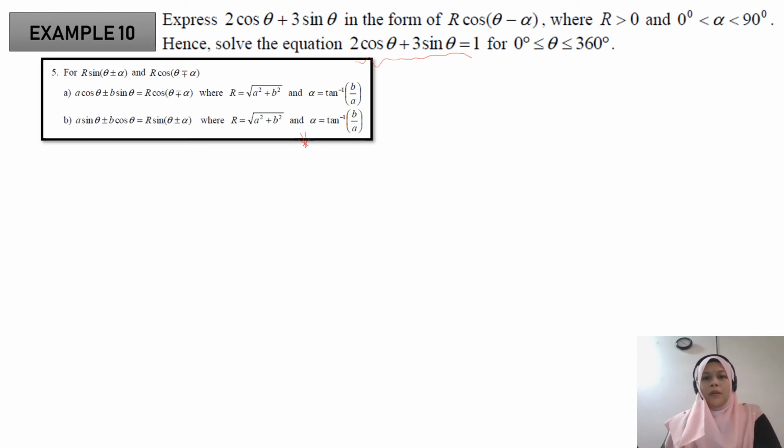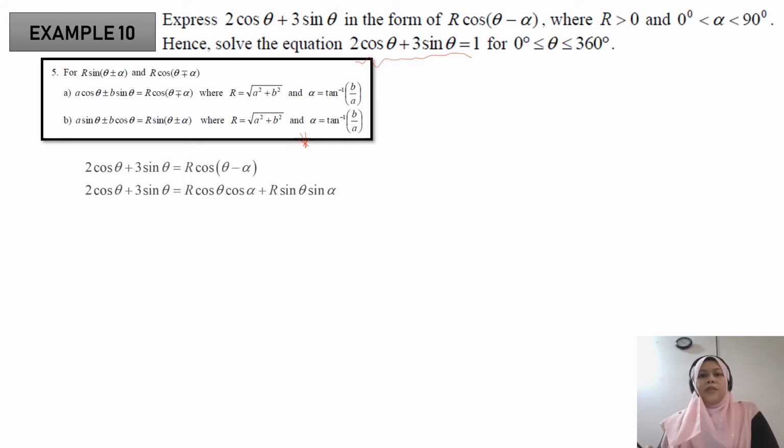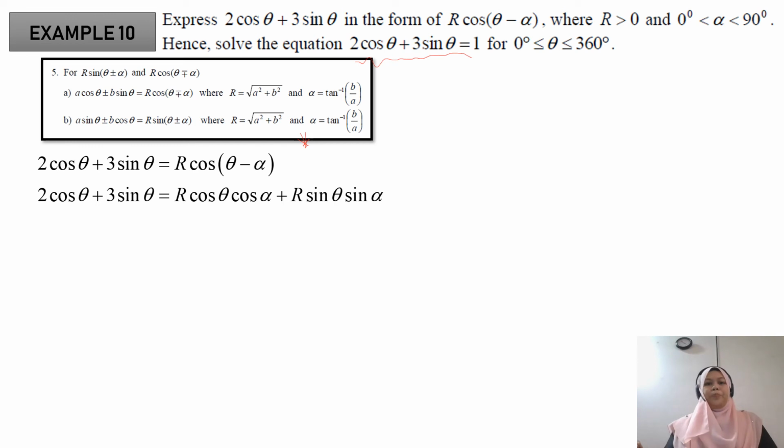Okay, so the first question says express 2 cos theta plus 3 sin theta in the form of r cos(theta minus alpha). So we just write it back in mathematical form like this. And we can always use the compound angle to expand this to get something like this. Then as you can see, the left hand side has cos theta, and the right hand side also has cos theta. So we can compare